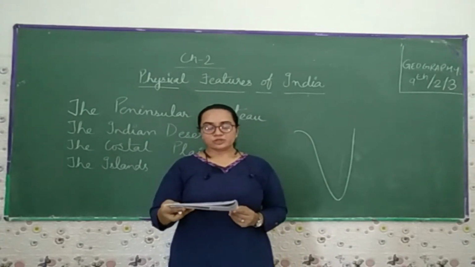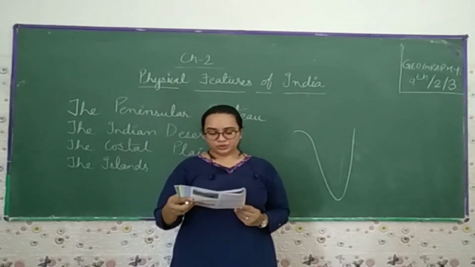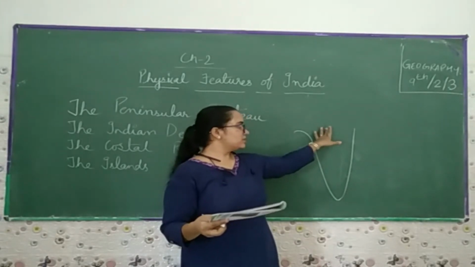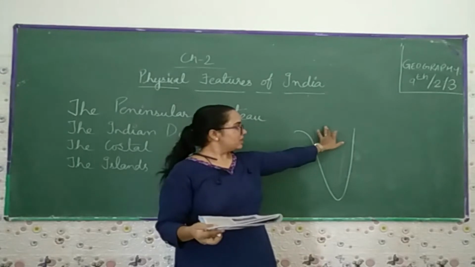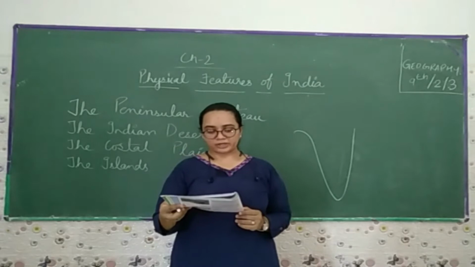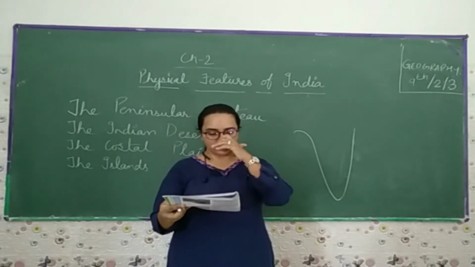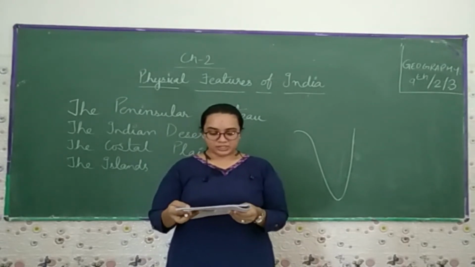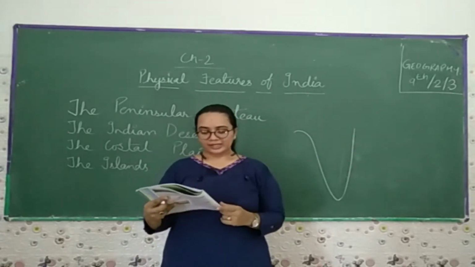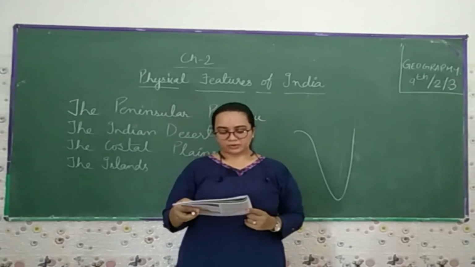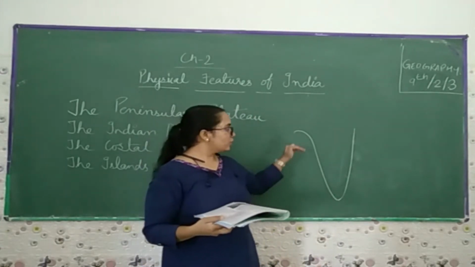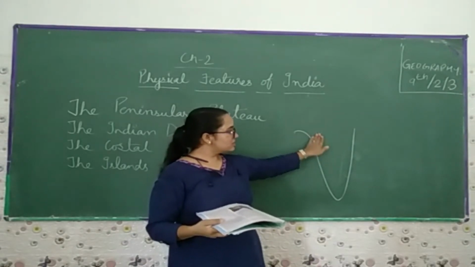The part of the Peninsula Plateau lying to the north of the Narmada River, in Madhya Pradesh, covering the major area of the Malwa Plateau, is known as the Central Highland. The Vindhya range is bounded by the Satpura range on the south, and by the Aravallis on the northwest. If we talk about the northwest, this is the northwest.